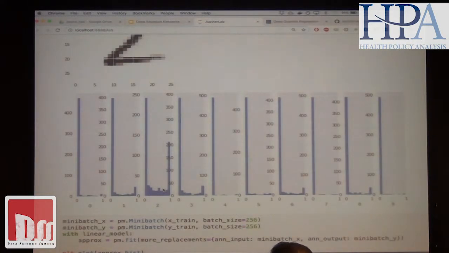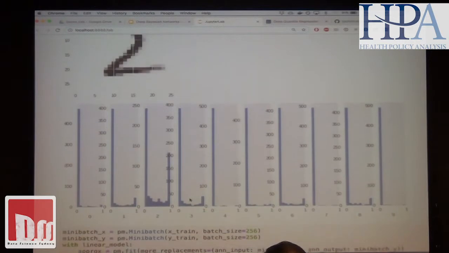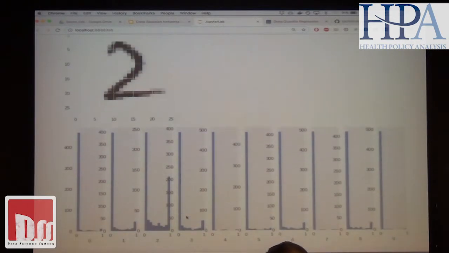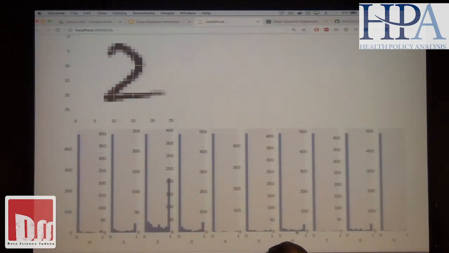That's the reason that you do Bayesian inference, when you want to have uncertainty, rather than a single value saying this is what your prediction should be. That's really the strong point over here. You can see that it's starting to say it might be a 3 as well, or it might be some other number as well.